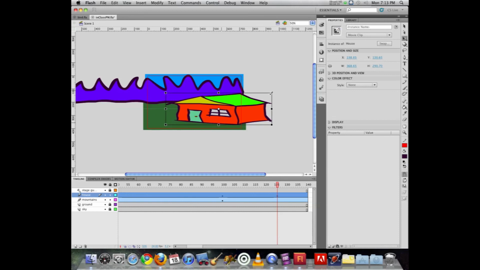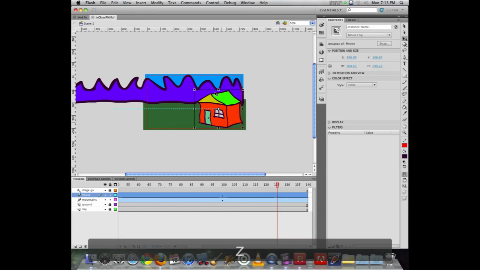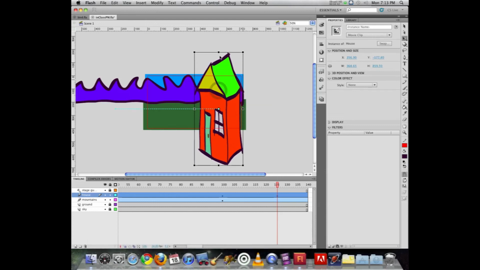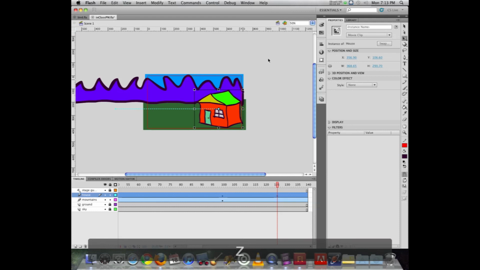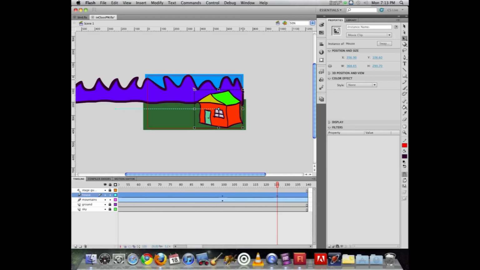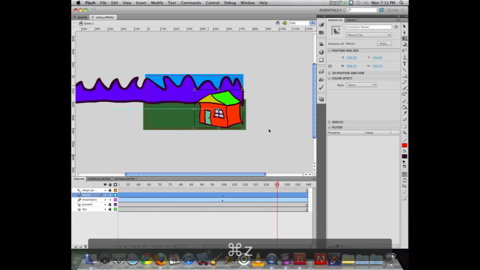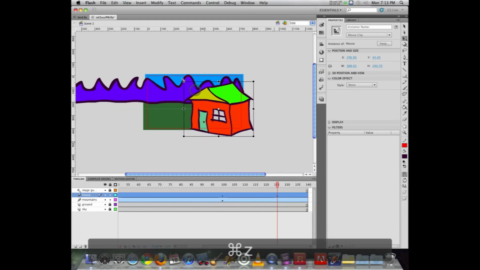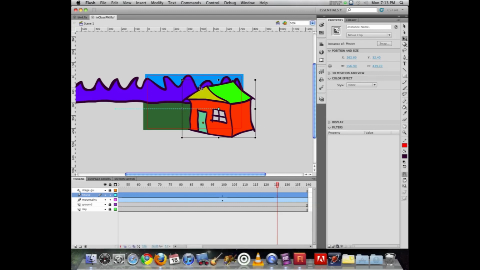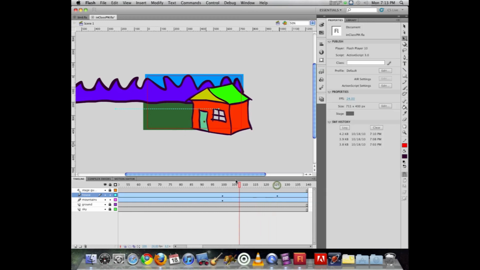Now, I don't want to scale it like that because that's ugly. I don't want to scale it like this because that's ugly. I want to scale it proportionally. To scale it proportionally, if I hold down the Shift key and grab a corner, we can see that it scales up. And make sure that when you do that, that you let go of the mouse before the Shift key. Otherwise, it doesn't work quite right. So now if I scrub the timeline, we'll see I zoom across, and then the house